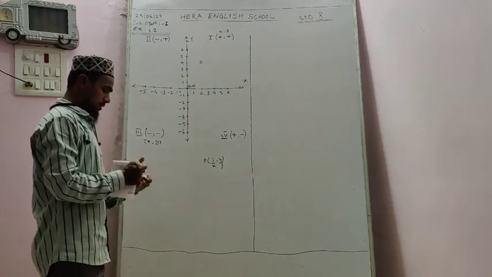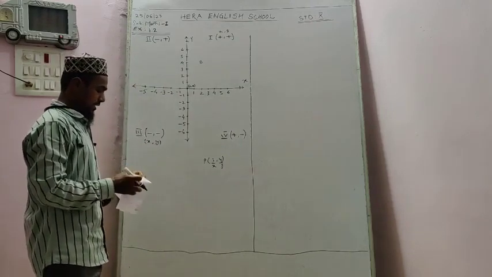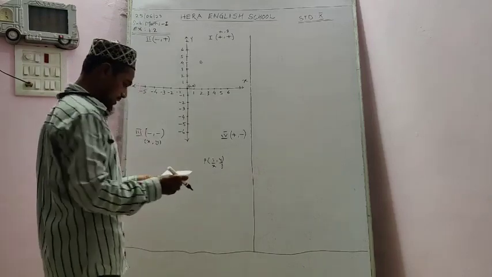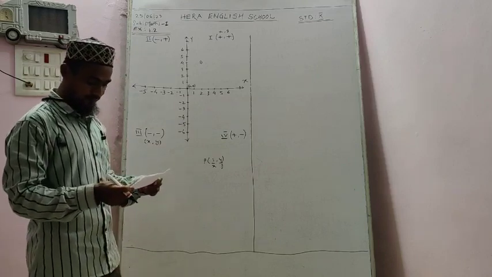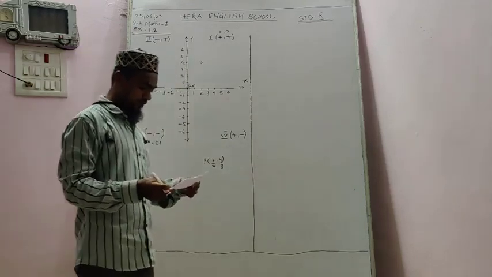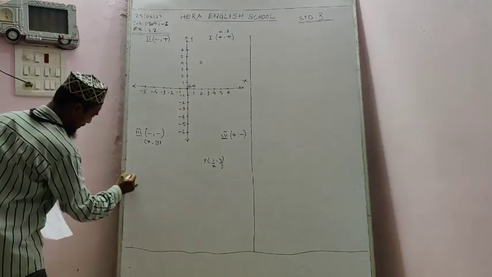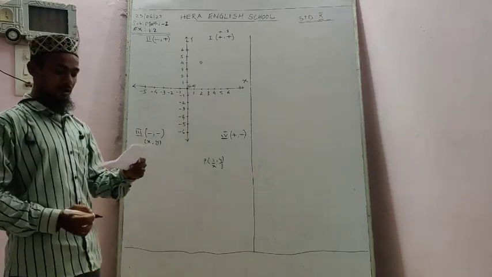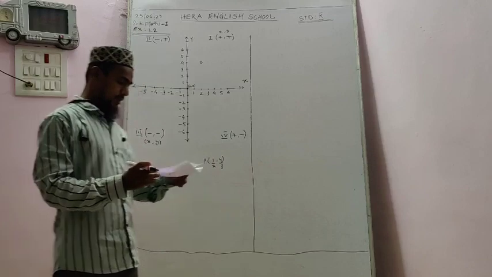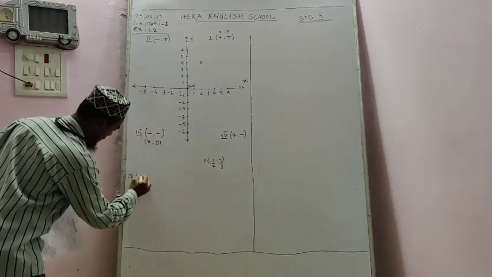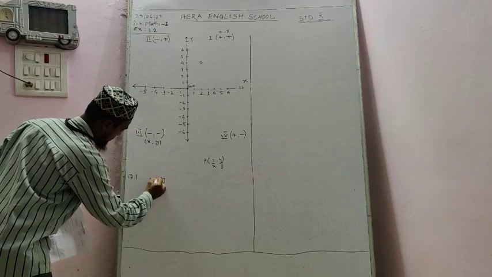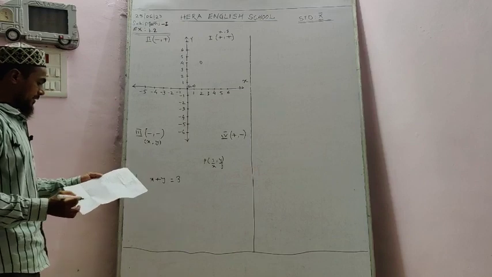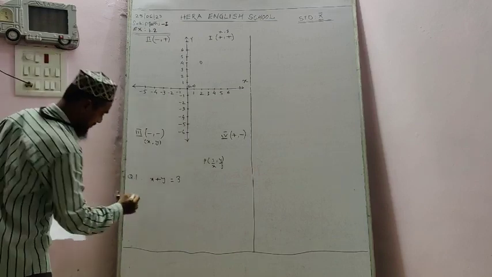Okay, you got it? I think now you will see the first exercise, the first question of 1.2. The question you are given: complete the following table to draw the graph of the equation. Students, see in your textbook what we have. Question number 1. Complete the following table to draw the graph of the equation. See, the given equation is x plus y is equal to 3, and a table is given.